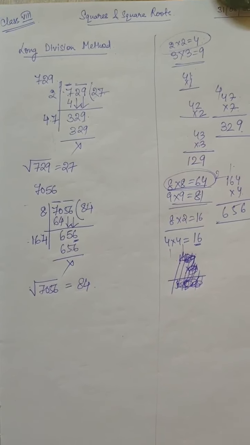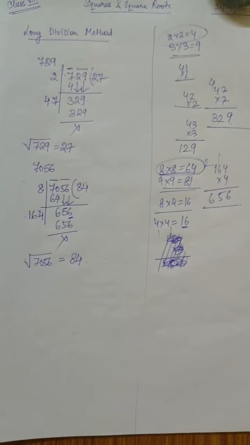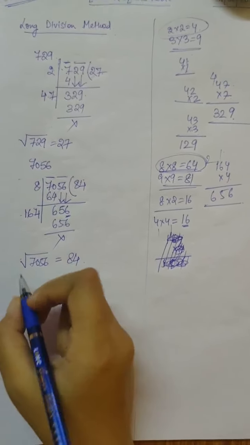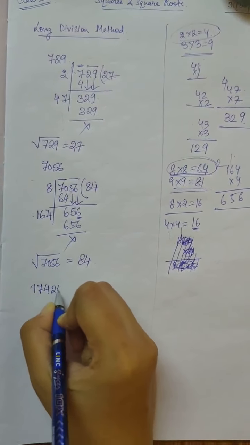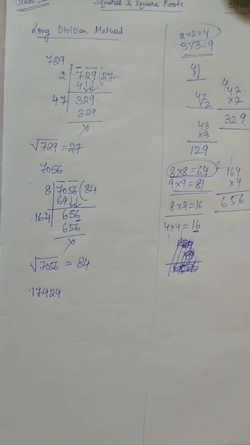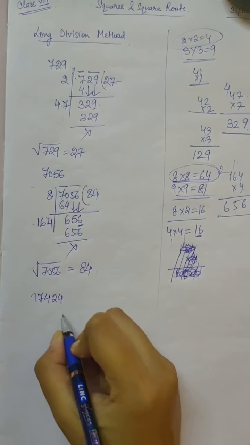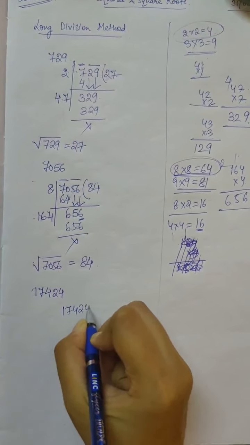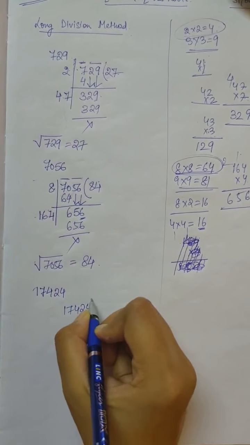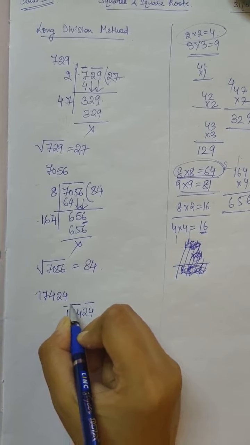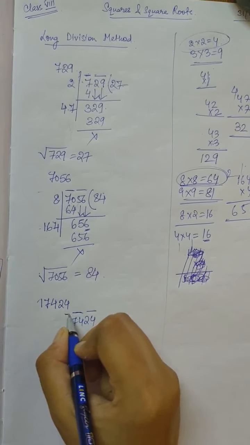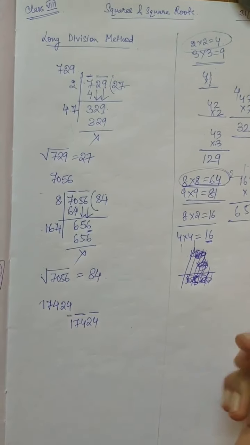Now next we will take a 5-digit number. Now I am taking the 5-digit number as 17424. So this number also I have taken from the previous exercise. So 17424 we have to take from this side, 2 digits at a time and then only 1 is left. So that means 24, 74 and 1. So in this way we will select the numbers.